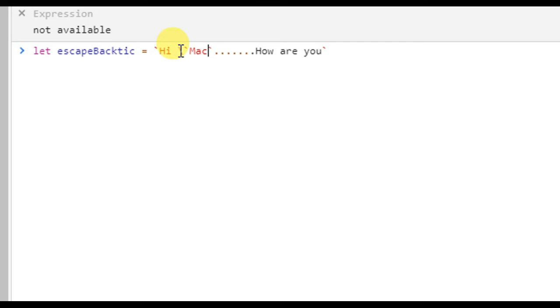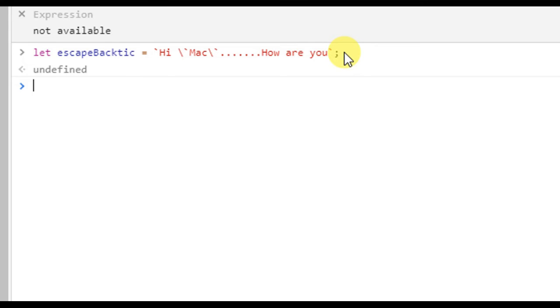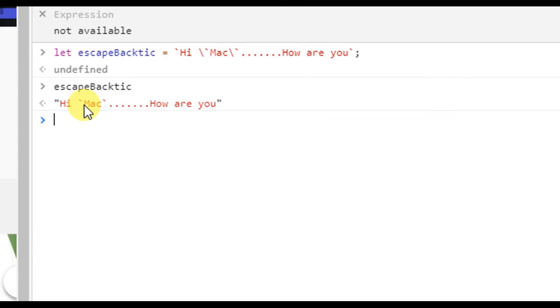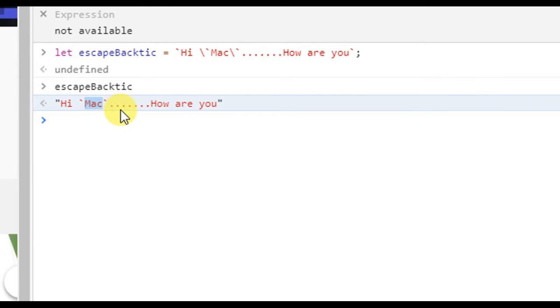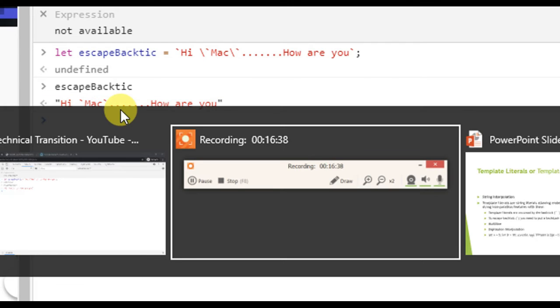Both backticks should be escaped, so I put the backslash before the backtick, and just hit enter and print the escape. See, we got the backtick also. So that was the escaping of backtick, how we can escape the backtick in template literals.